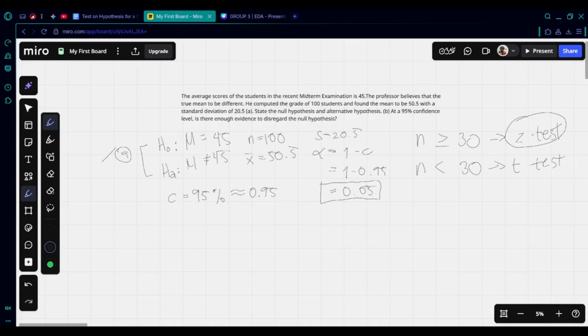I will not be providing the test statistic, but it will be discussed by other group members. Sorry if I spoil this one. So, we have a formula of the